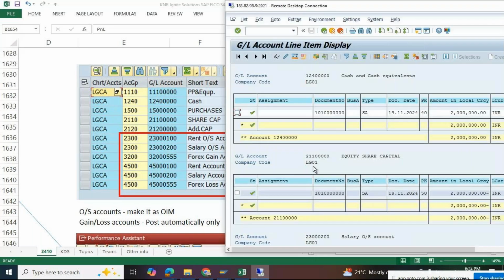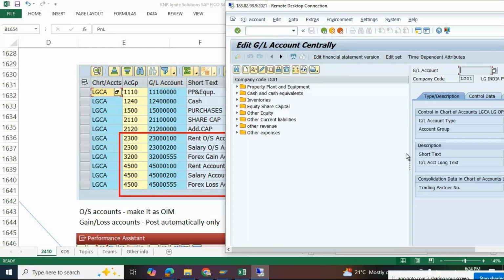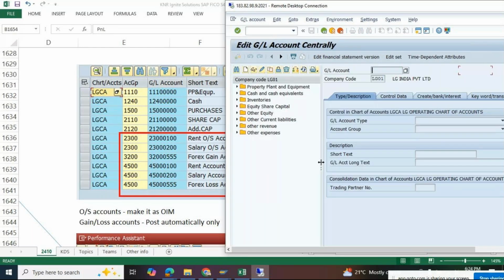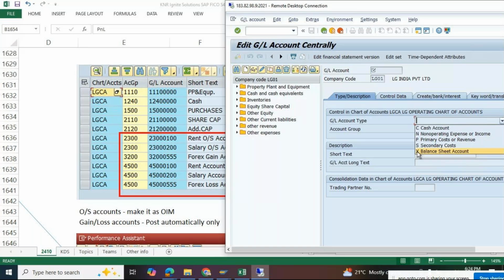If you go to your account creation, you will find account types here. You see C, P, and S, and also N. So 1, 2, 3, 4 are there, and X is the fifth one. So there are 5 different categories. X and C will become your balance sheet accounts, and these 3 will become your P&L accounts, N, P, and